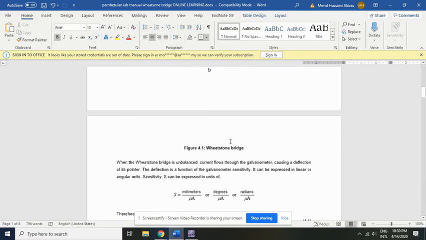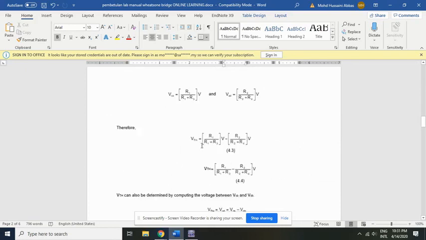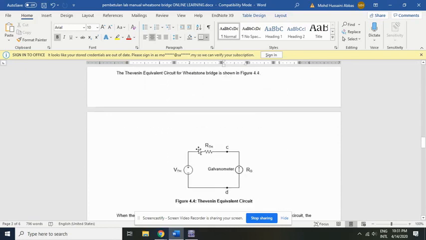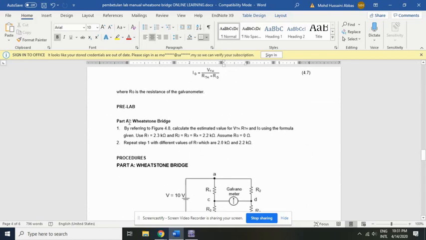So I'm going to explain about the instruction. We can go to our pre-lab first. About the pre-lab in part A about the Wheatstone Bridge, you need to do your own calculation